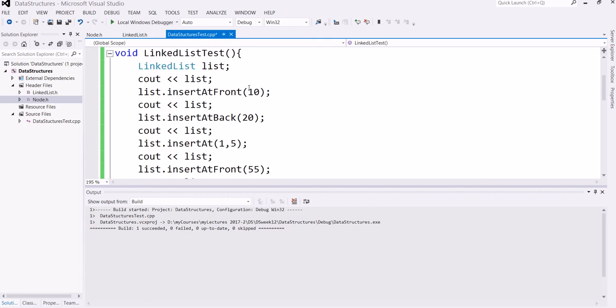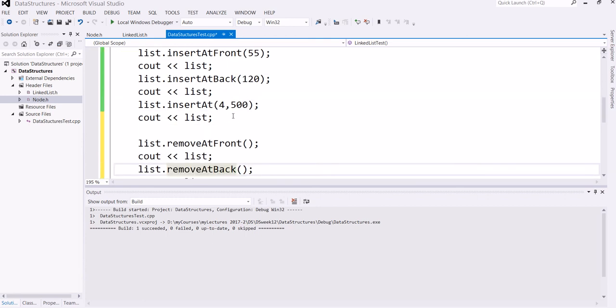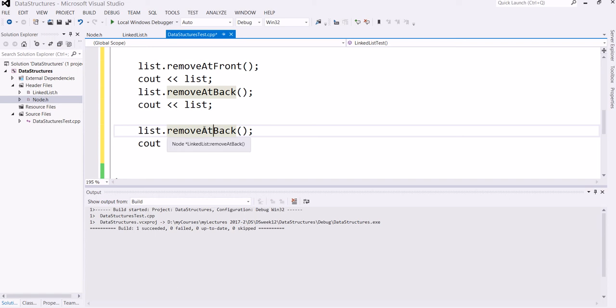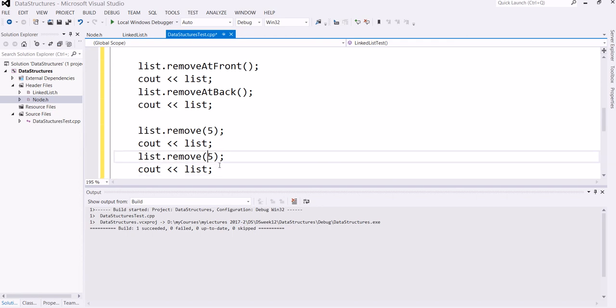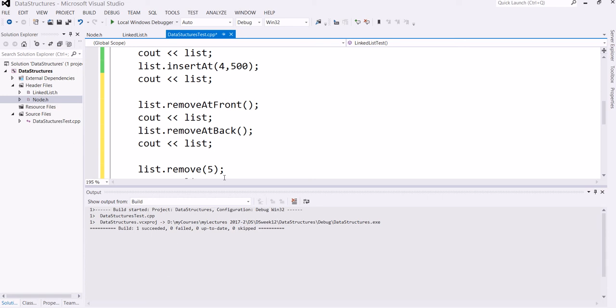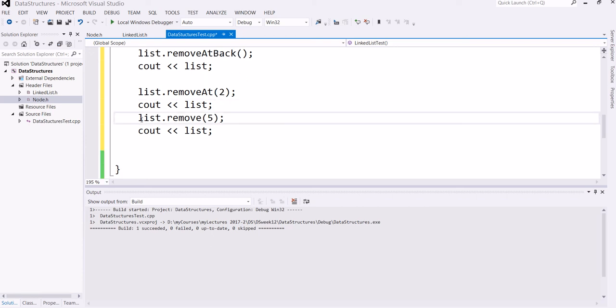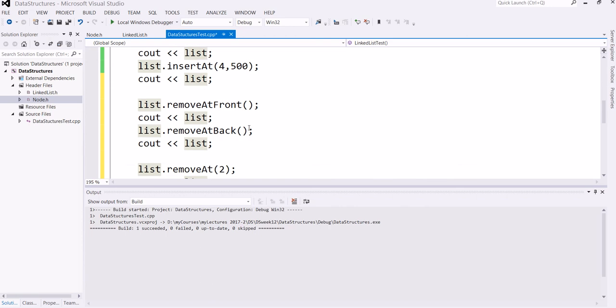So then there is 5, so let's remove 5. Just provide some entry, remove 5, and also we can have remove at 2, remove at, so this is position 2. So let's see,